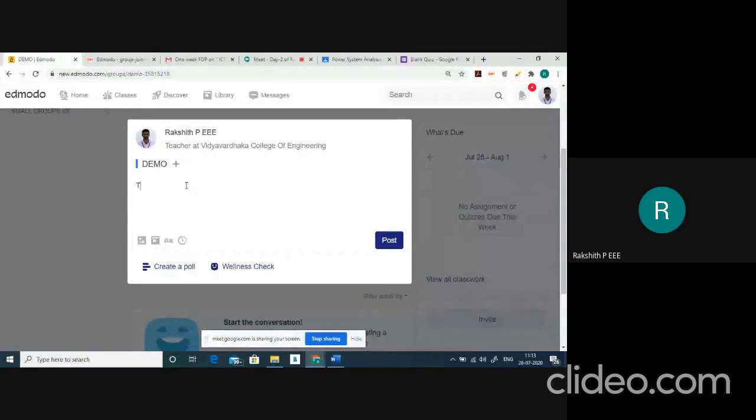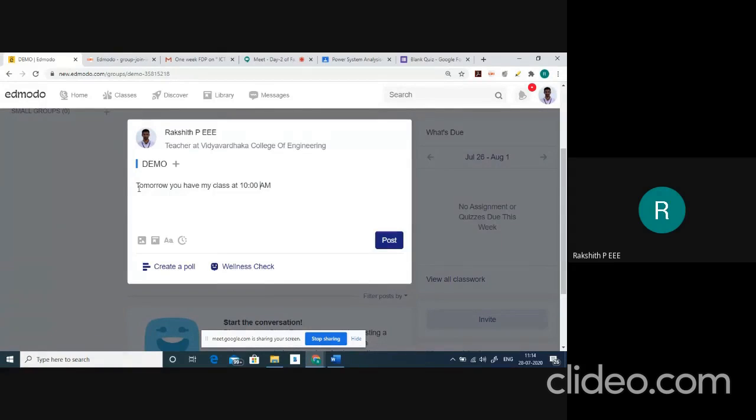Let me enter like this: tomorrow, you have my class at 10 a.m. And you can directly post this to this particular class, that is demo class. If you want to post that to some other class, you need to select that particular class, enter whatever you want to communicate with your students, and then post it.